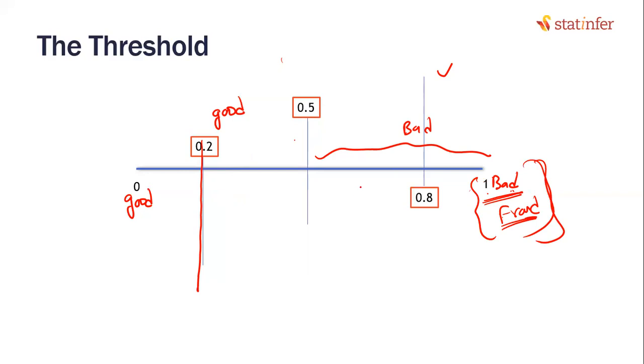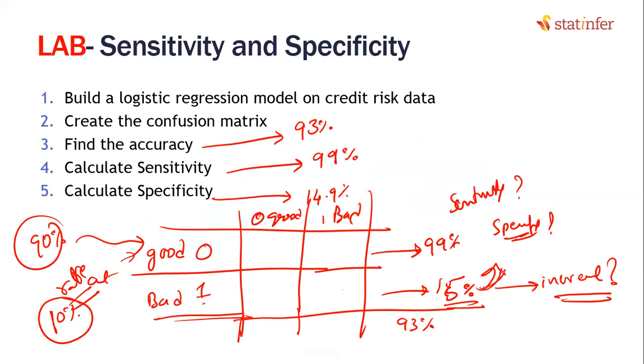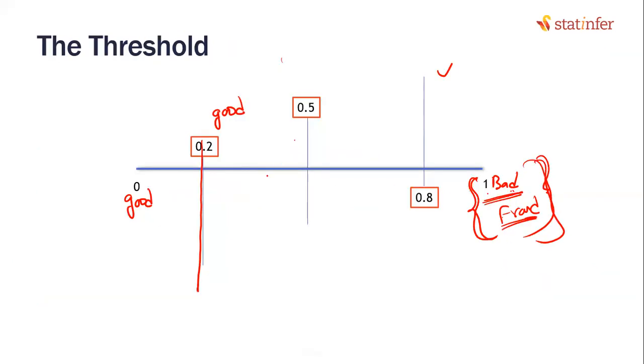So what we can do in practical scenarios is reduce the threshold. You can reduce the threshold if you're focusing on 0, or if you're focusing on 1, sorry. That means even though there is a small chance of that person being bad, of that transaction being fraud, I'll be able to capture it. By doing so, I can increase this accuracy. Vice versa, if I want to focus on this class, I can increase the threshold. If you want to focus on this class, you can reduce the threshold. So you can play with the threshold a little bit.